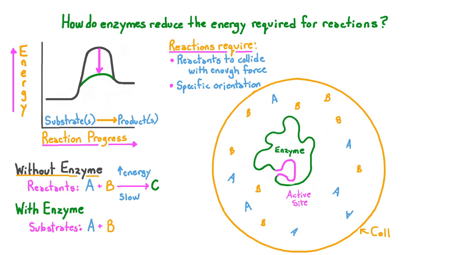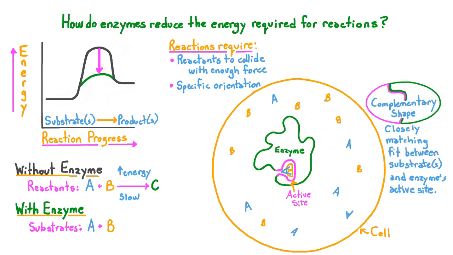Now let's take a look at how this reaction might happen with an enzyme, which I have shown here in green, except for the pink portion, which is called the active site. And that's where the substrates A and B will bind. Now the substrates are bound to the enzyme in a very particular way that's determined by how their shapes fit together. The closely matching fit between the enzyme and the substrates is called complementary, since they tend to complete each